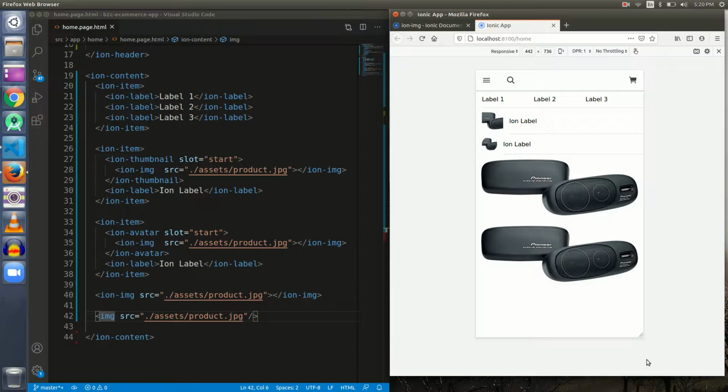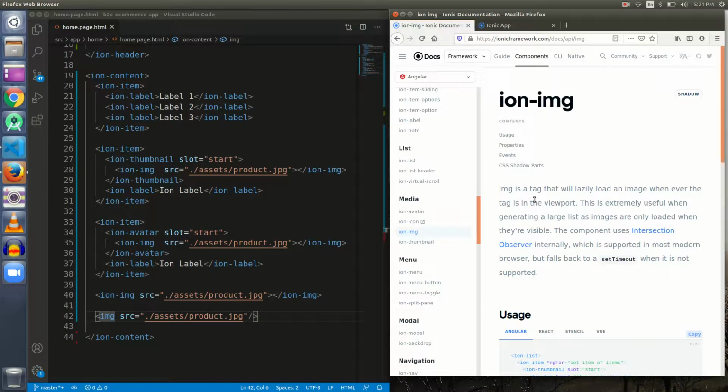So that is where this lazy loading of images comes into the picture. Lazy loading ensures that the images are loaded only when the user scrolls down. As the user scrolls down, the images start loading. This is known as lazy loading. And what happens when the images on top of the list go beyond the viewport? They get out of the memory as well, and when we scroll up, the images load back. So this is the concept of lazy loading, and this concept is in ion-img and not in the img tag.